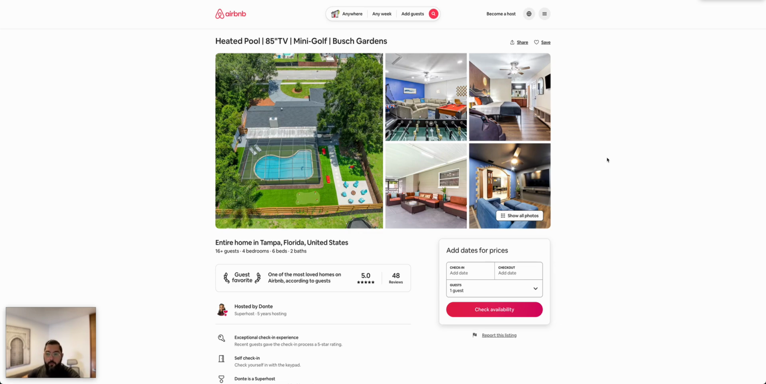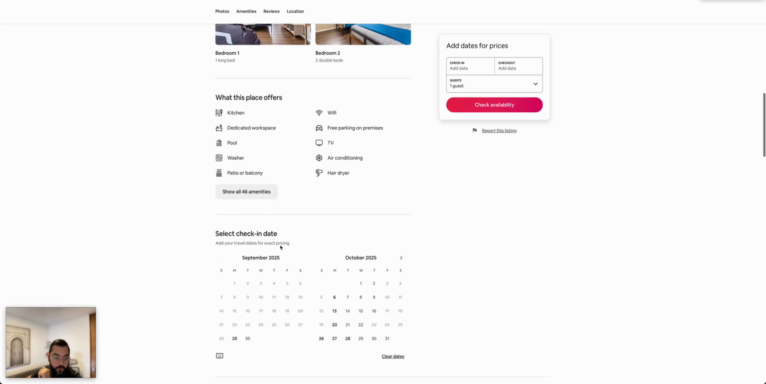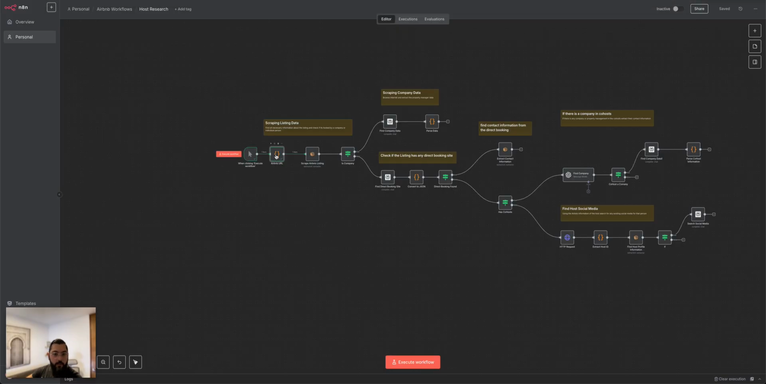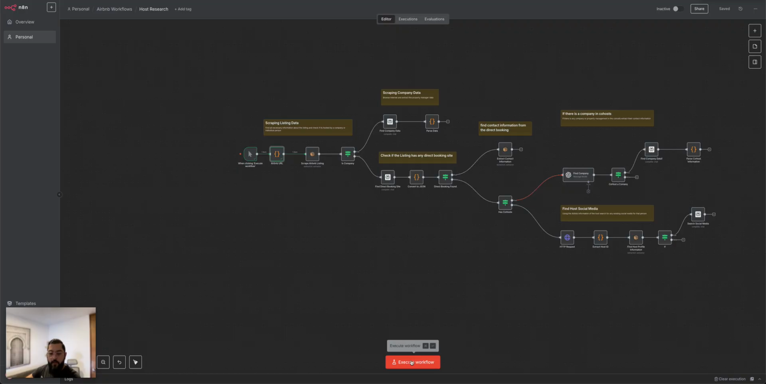Let's see how we can automate finding Airbnb host contact information. So I have one demo Airbnb listing here, which I see is hosted by Dante, and we have a couple of co-hosts in this Airbnb listing. So what I do is I grab this URL, and here in this automation workflow, I drop this URL,